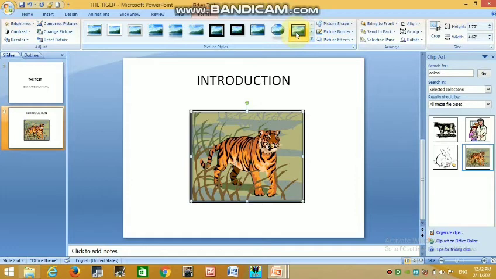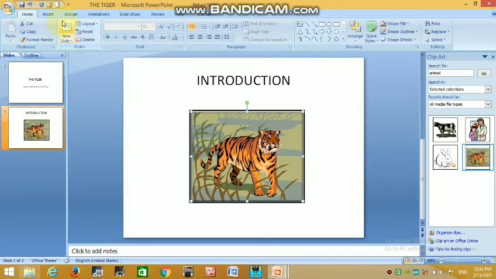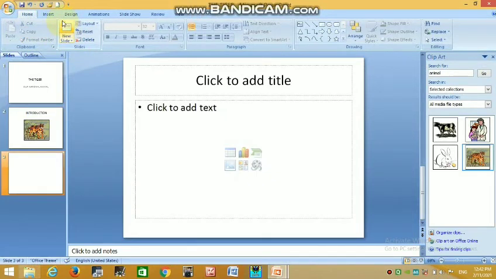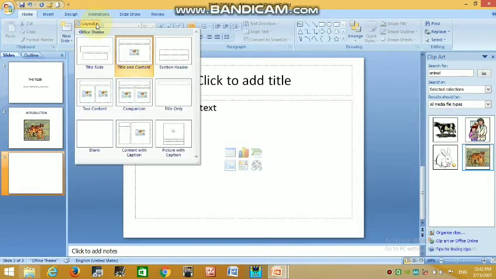After formatting a picture, if you want to add a new slide, see this is slide number 2. If you want to add a new slide, first click on the home tab and click on new slide. After clicking the new slide button, go through the layouts. See this, there are different types of layout.